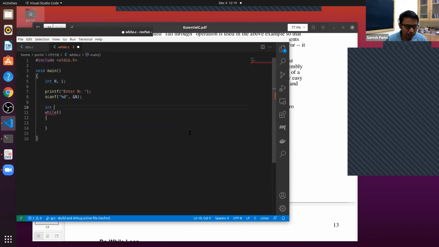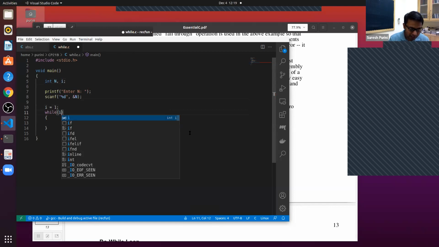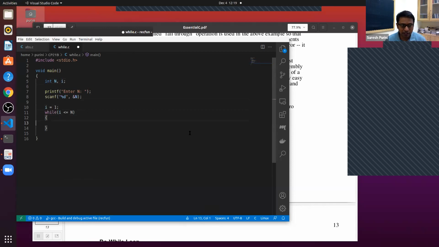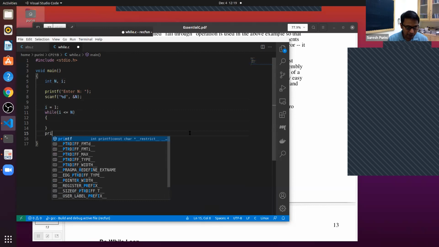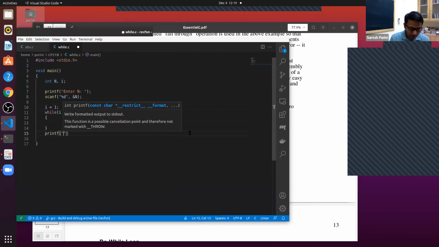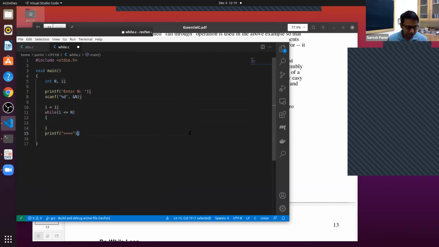We start with the initial value of i as 1, and while i is less than or equal to n, you continue to run this loop, and after we print, this is what we are trying to do.